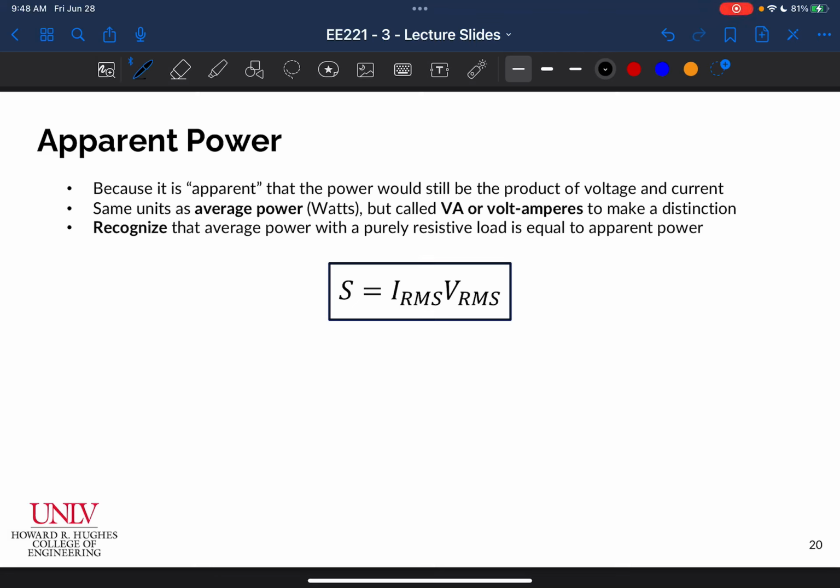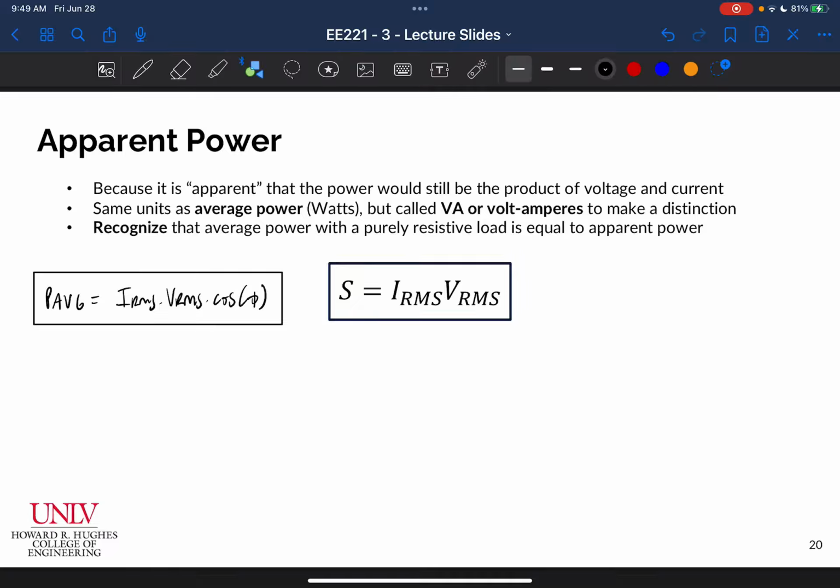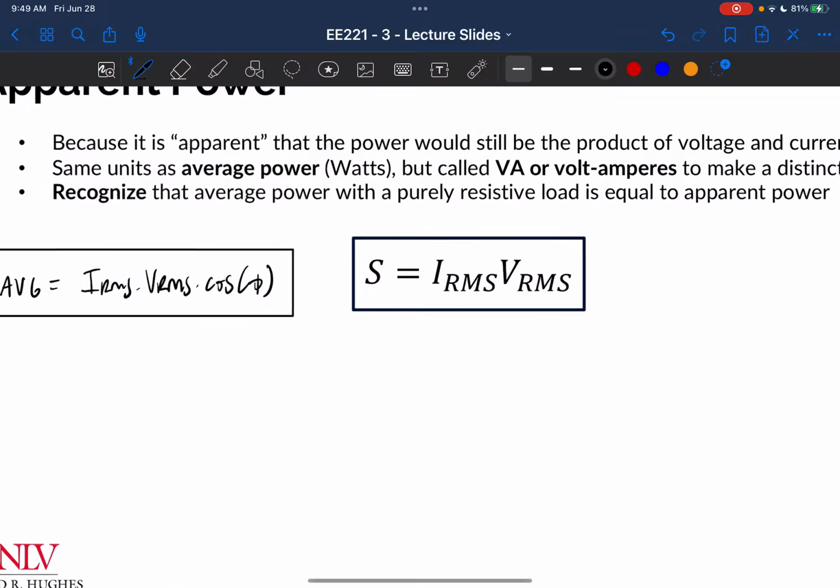All right, so we've seen the formula now for average power. Let's just write it here again. P average is equal to I RMS times V RMS times the cosine of the phase shift between the voltage and the current. Okay, so we've seen this a couple of different times, and I mentioned that this term right here